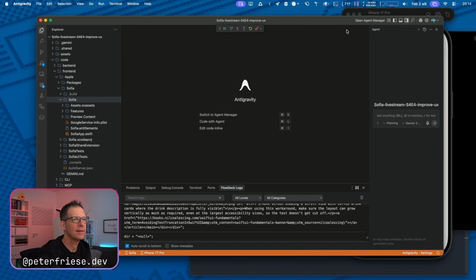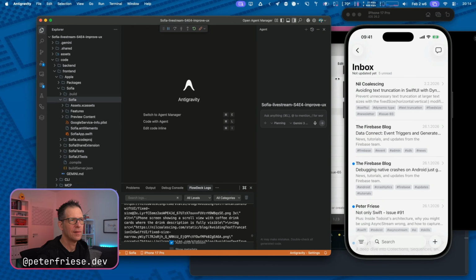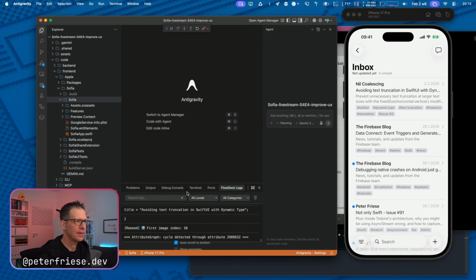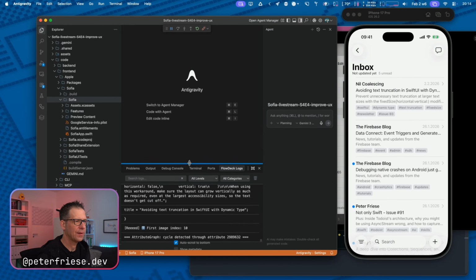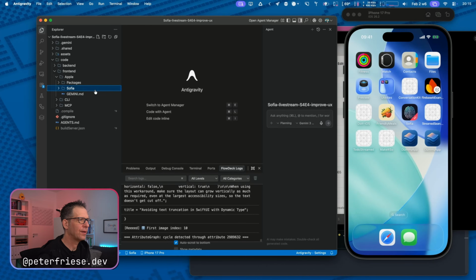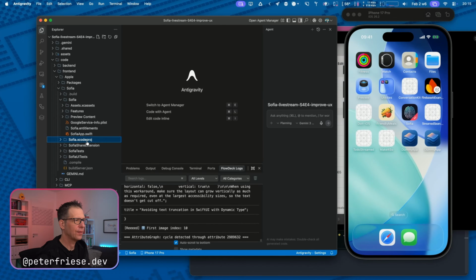So let me make a little bit more space, like this. And you might notice that you can even see the log output, right? So what kind of magic is that? Let me stop this and then walk you through it. So we have our application here, and we've got our Xcode project here, and I could open this in Xcode,